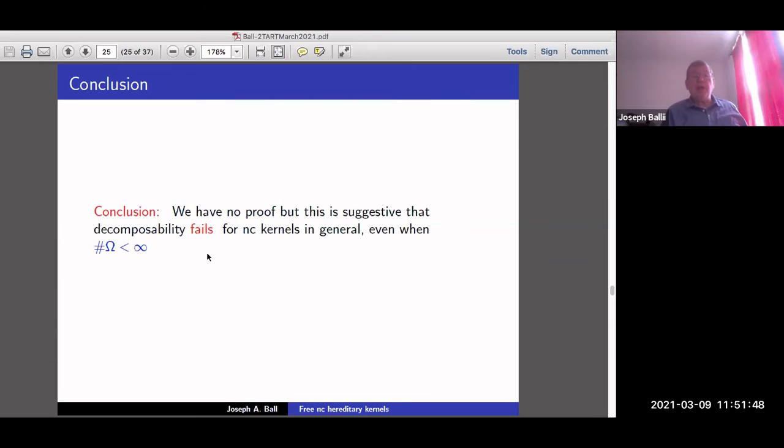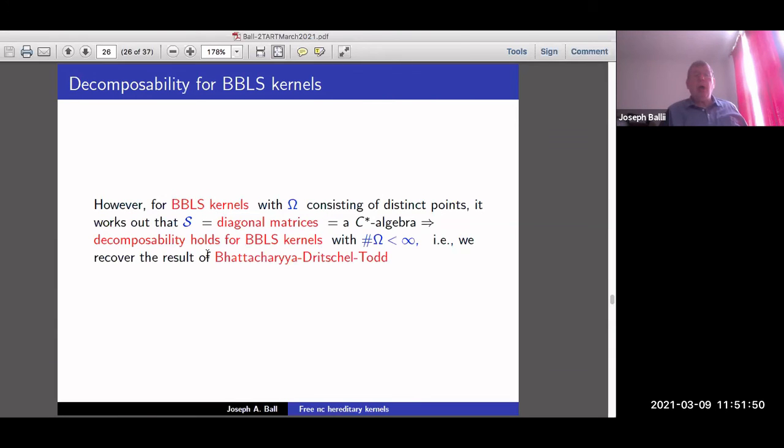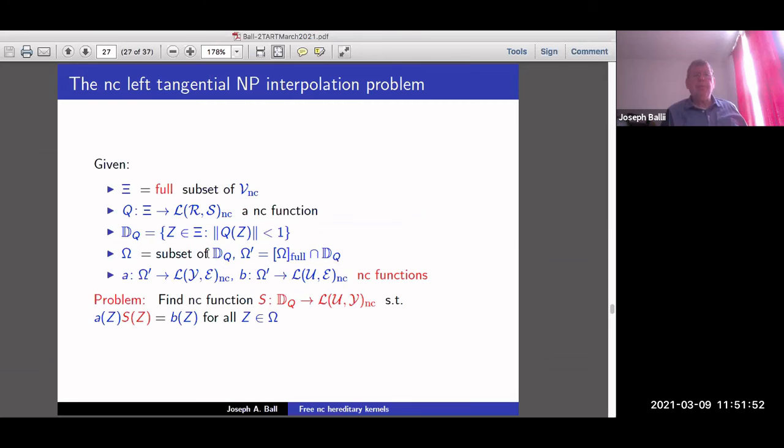Then there was a connection with Nevanlinna-Pick interpolation, but I'm going to run out of time, am I not? So quickly,